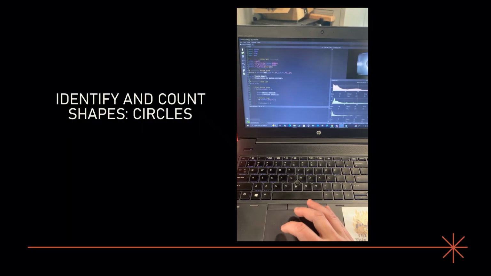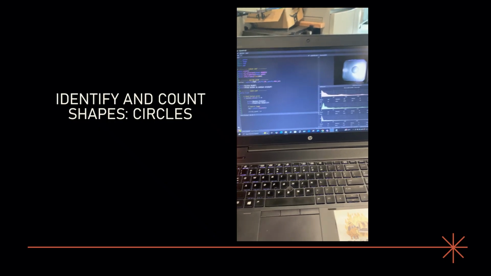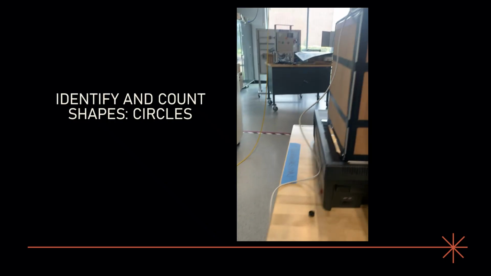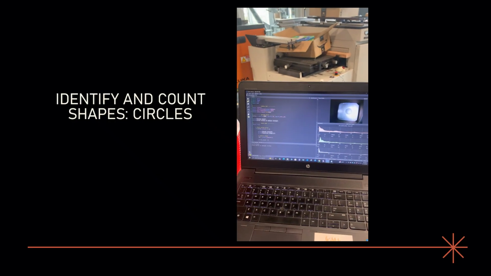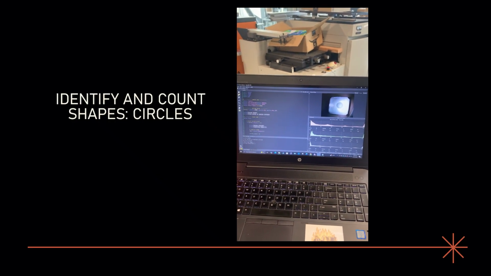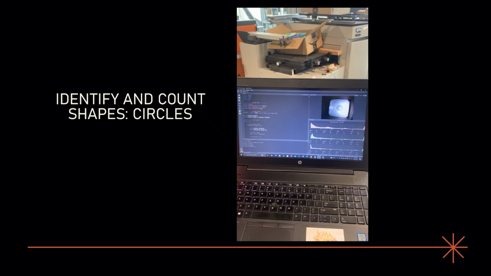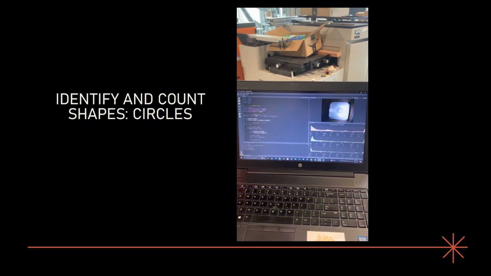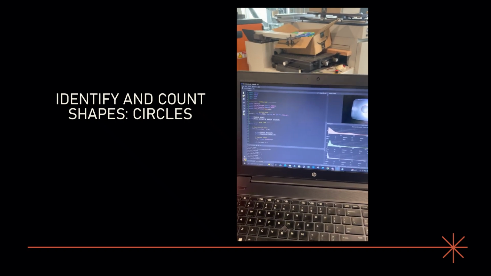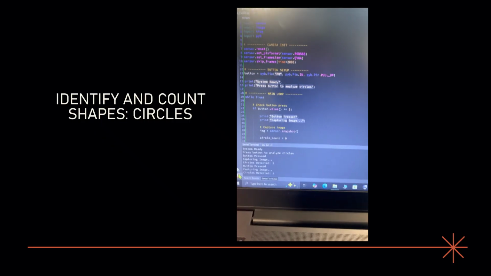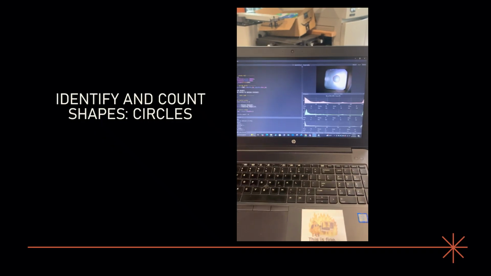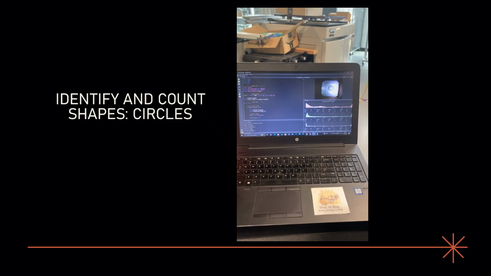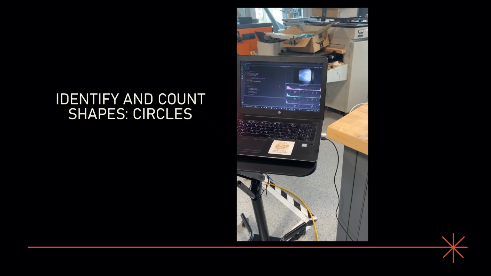This is the white circle. We'll go ahead and run the program, connect it, and take the picture here. And we've got circle detected 1. We're still running the program, and again we've got circle detected 1. We've got the outline of our circle there. And there we've got circles. So the next one